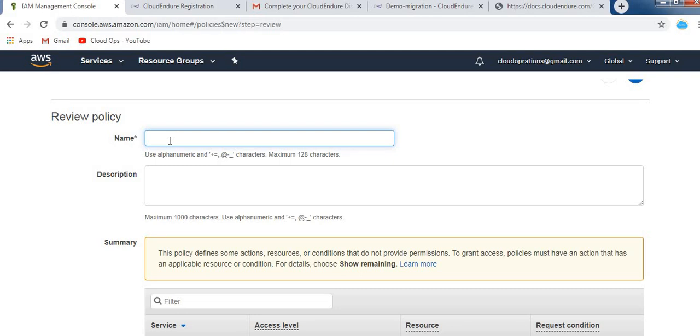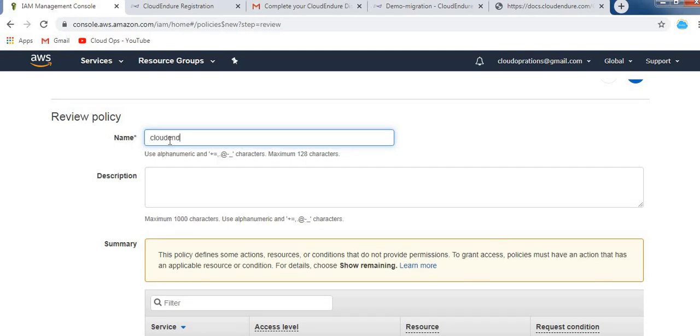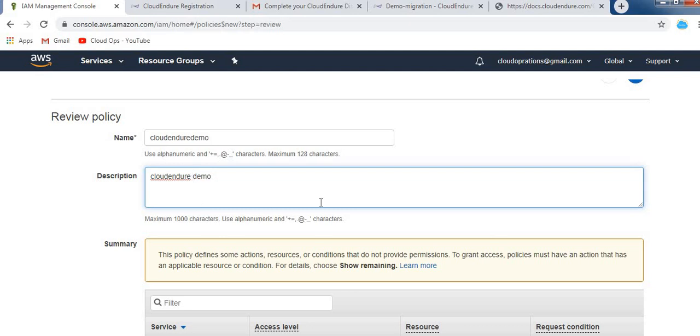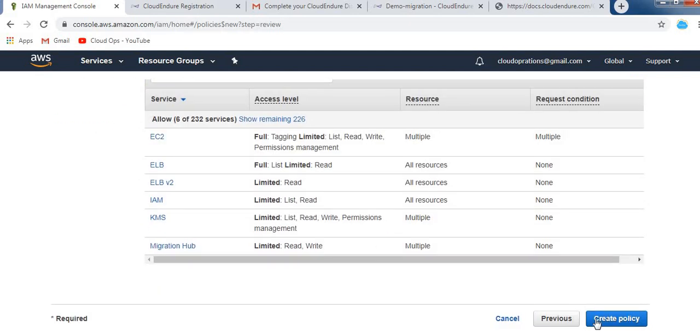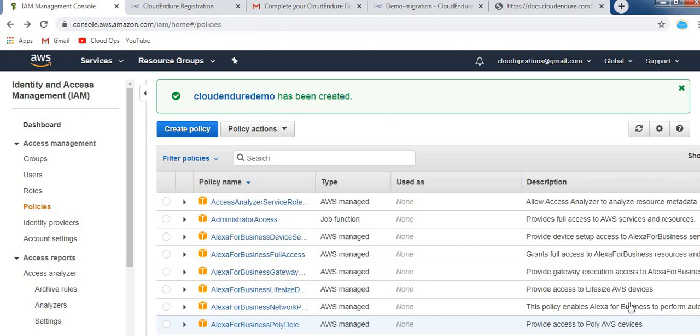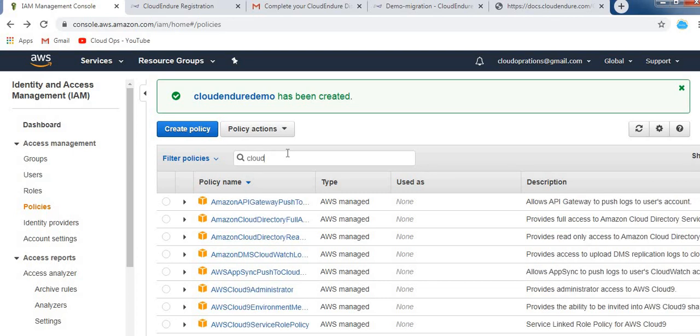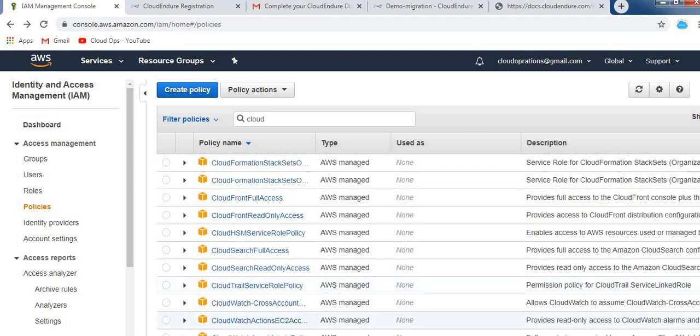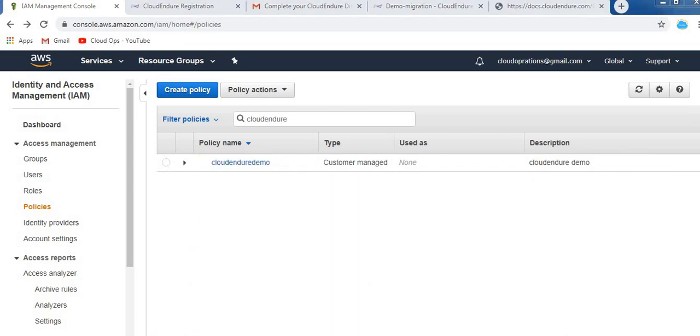Give the policy name and create the policy. Now my policy is created. Okay, now go to Users and create a user.